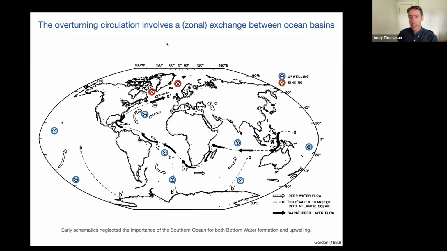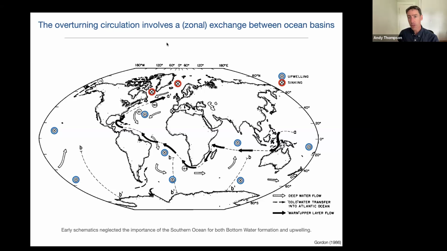and that it involved exchange between the different ocean basins. So in particular, there was an asymmetry in the sinking, where deep water formation happens in the North Atlantic and waters sink, and then this much broader distributed upwelling. And one thing that's important to keep in mind is that the Pacific Basin, or the Indo-Pacific Basin as a whole, is just a much wider surface area just due to the geometry of the continents.